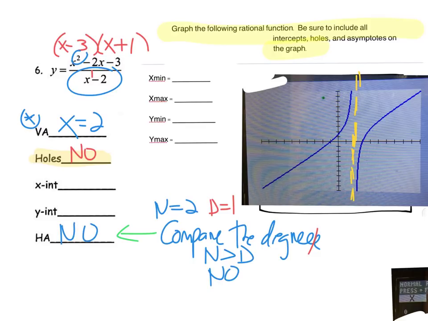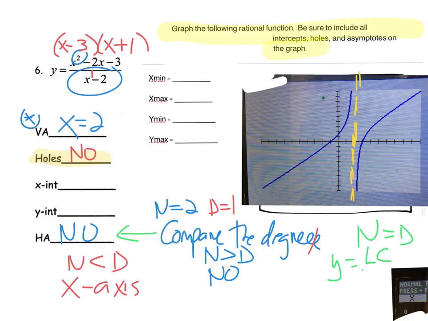Remember, if n is less than d, then your horizontal asymptote would have been the x-axis. If n is equal to d, then you would set up the line y equals the lead coefficient of the numerator divided by the lead coefficient of the denominator. So here there's no horizontal asymptote, which makes sense when you look at the graph because it doesn't appear to be a horizontal line that cuts through the graph that the graph avoids. However,